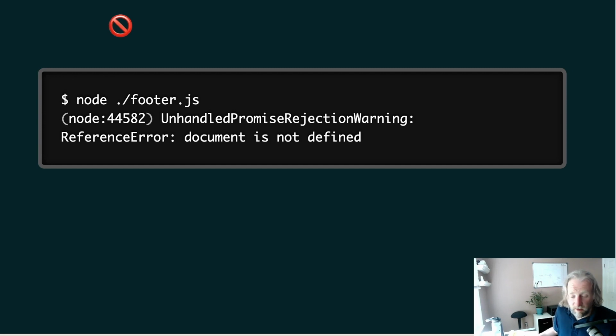Now, in a browser, this is all well and good, but we're trying to run this on the server, specifically in our serverless and edge functions. And if we were to run this footer.js through Node, we're definitely not going to have a good time. In fact, this is what you'll see: document is not defined, which makes sense. NodeJS is not a browser runtime. It does share some APIs like fetch and promises, but it does not have any concept of window and things like that. So that's a bit of a bummer,